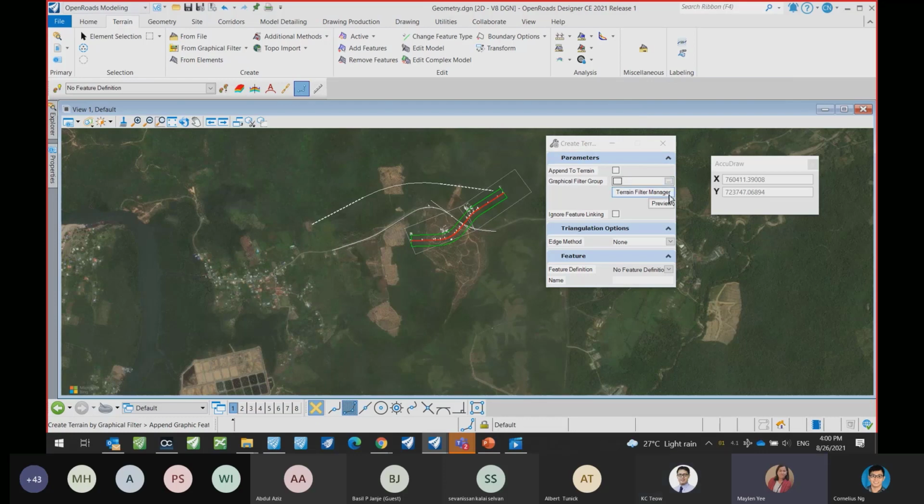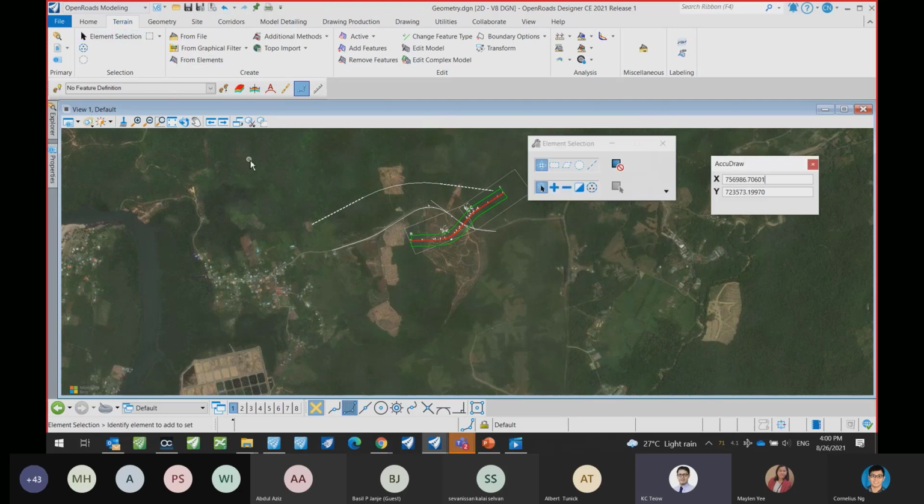Okay. Yeah, let's move on. The next question is from Muhammad Haslami again. He's asking how to create a bridge template with pier in ORD. So I guess you answered in the chat, but do you want to briefly go through again? Okay. So